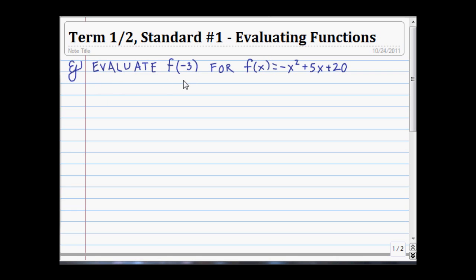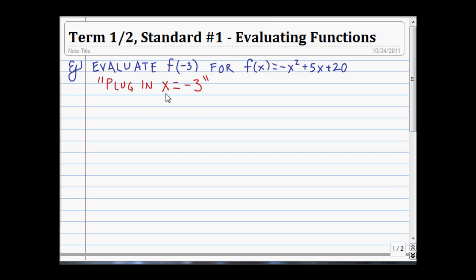So we are going to evaluate f of negative 3 for f of x equal negative x squared plus 5x plus 20. And really what this is saying is this is just telling us to plug something in. In particular, this is really instructing us to plug in for x the value negative 3. So we're just going to substitute in negative 3. This really is just a substitution problem. So what that looks like,